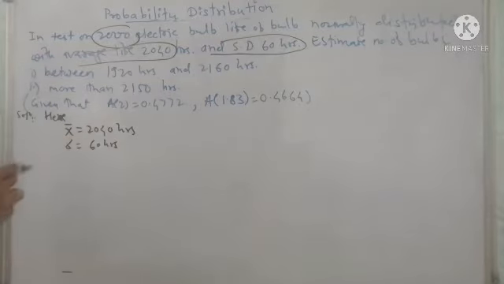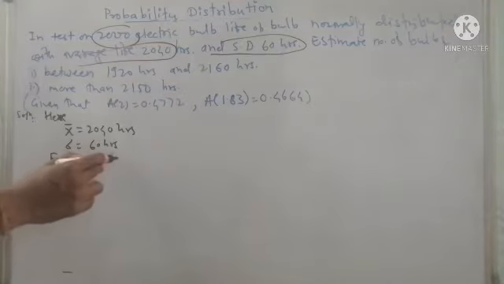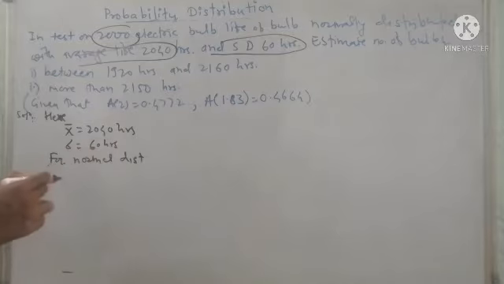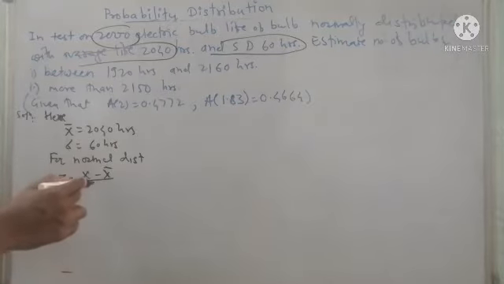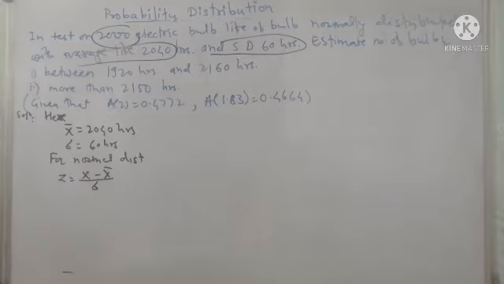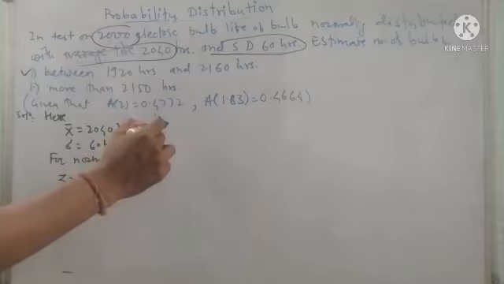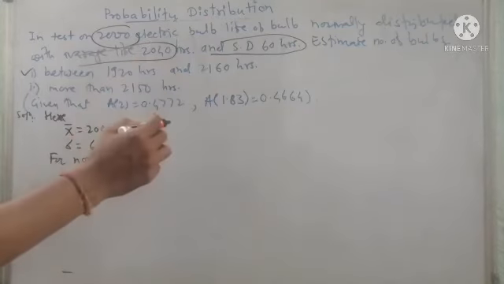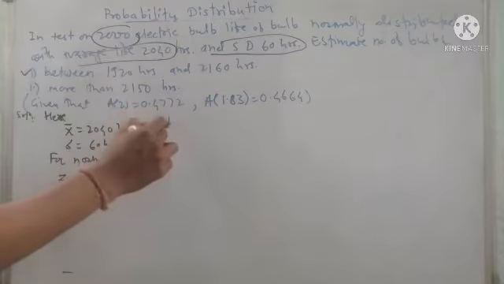Now, as this is a normal distribution, for normal distribution we use the normal variable by using the relation z is equal to random variable x minus mean x bar divided by sigma. Now we have to solve two examples here. In the first, we are asked to estimate the number of bulbs having life between